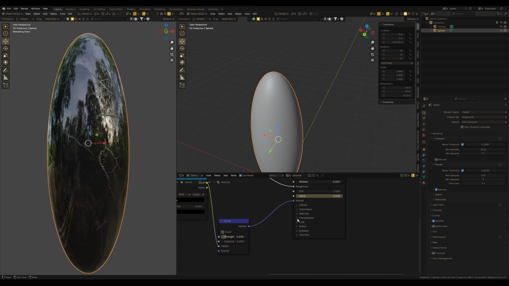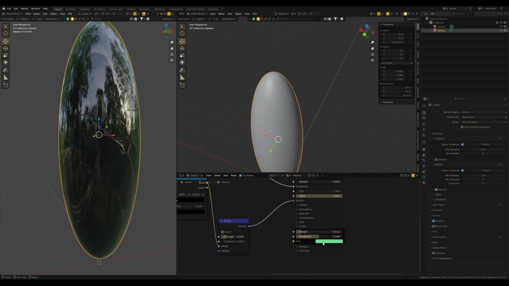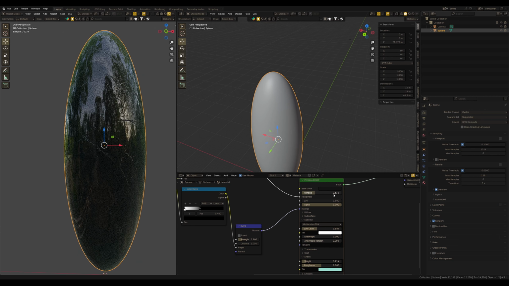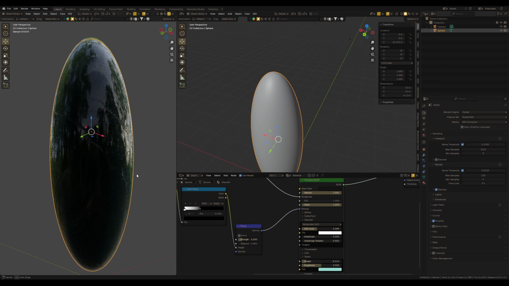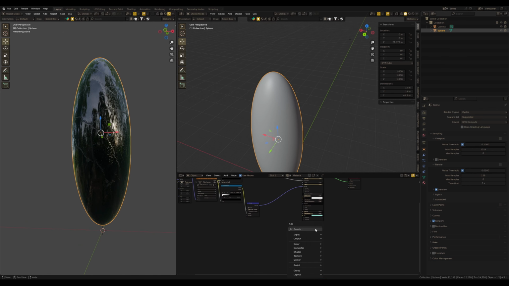Also, I used sheen to add such effect, which is used to add reflection to materials that have microsurface details such as cloth or dust, but also works with a dielectric or metallic shader setup. Maybe I decrease the specular a little bit and increase the metallic to make the surface like metal. So yeah, good. This is the first part of the material, and for the second one I add another Principled